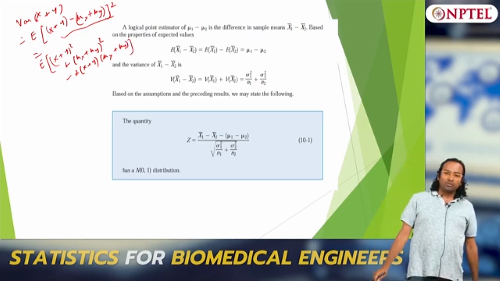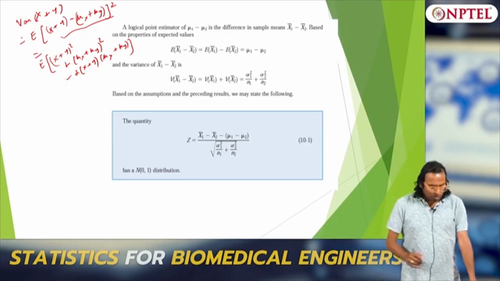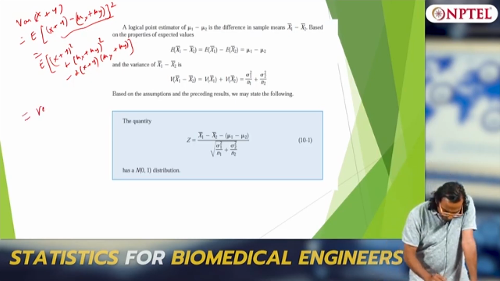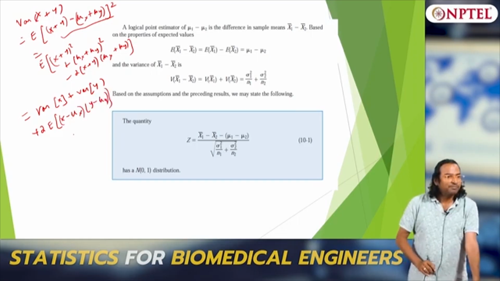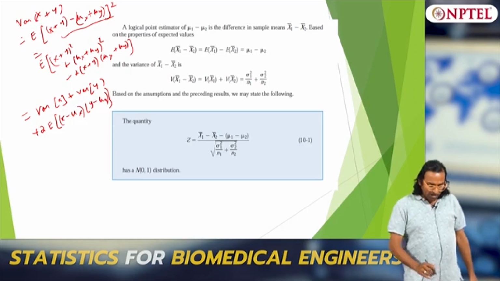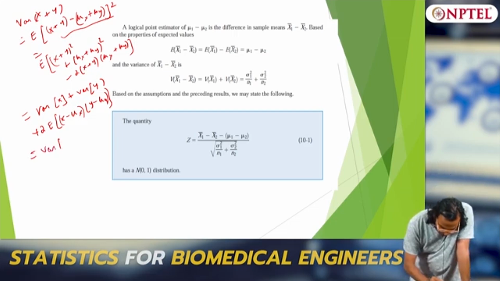right. This we derived in the class. So you would have something like the variance of x plus the variance of y plus 2 times the expectation of x minus mu x into y minus mu y. This is what you would have had. And if I expand it, this will be the variance of x plus the variance of y plus 2 times the expectation of xy minus mu x mu y,